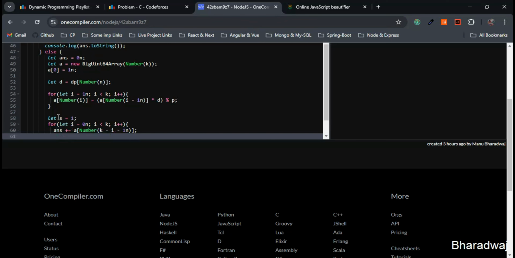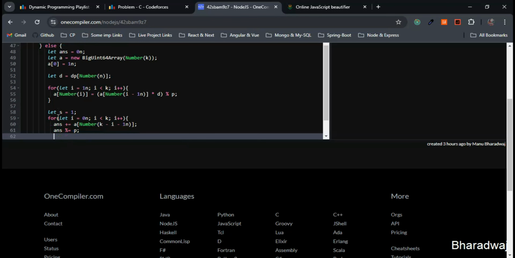Odd we have already done. After computing the result for even n, we have to apply the modulo, right? Again, I'll just make use of the modulo p. Then we'll update s, and then after updating s, we'll also apply the modulo,